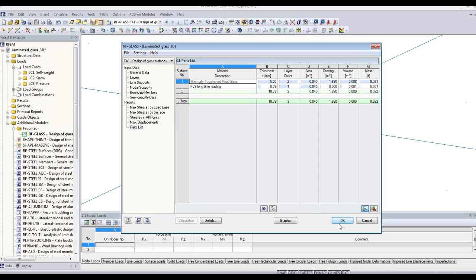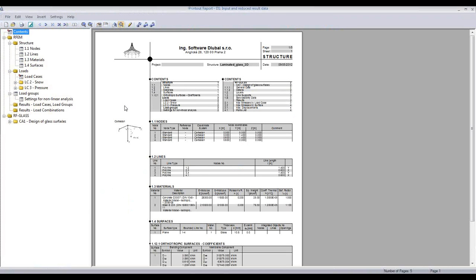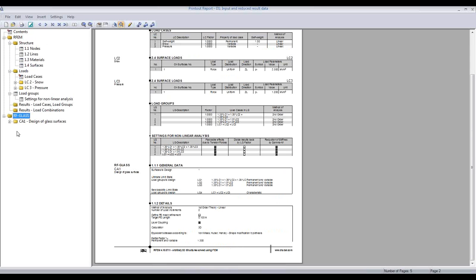And so I can go ahead and open the documentation that is produced automatically. And so here's the printout report, and we have our RFEM data, and this will contain any analysis that has been done in RFEM. And then below that we have glass here. And you have your input data and your results data. And this is including all available tables, and it's only taking a couple pages, so it's no problem to include all of them. But if you have a more complex